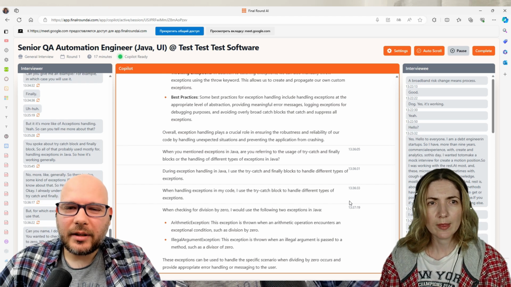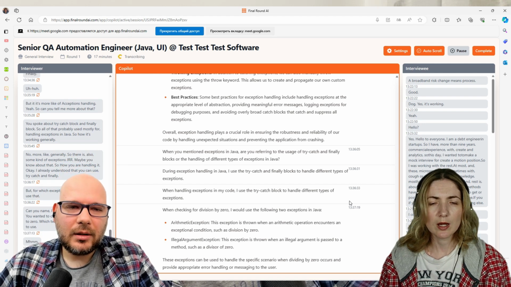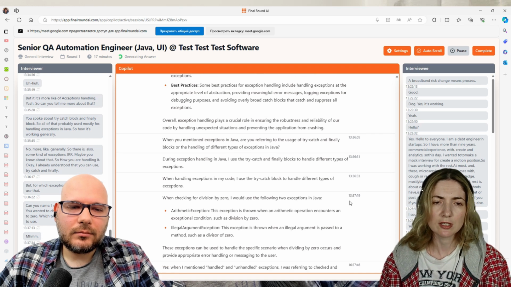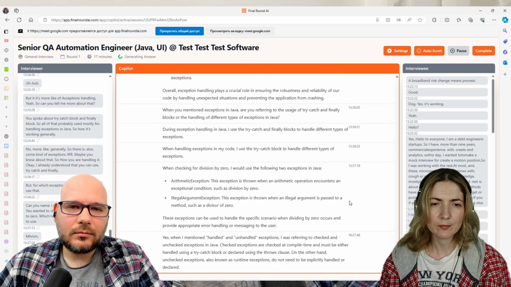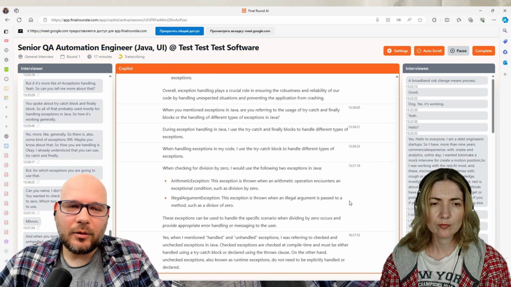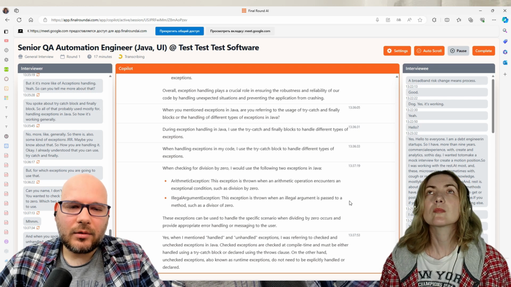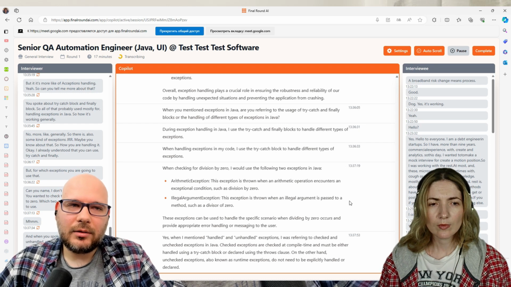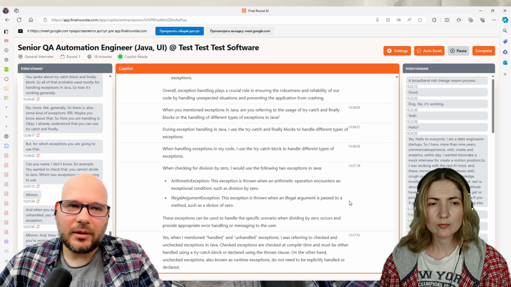When you spoke about handled and unhandled, you mean checked and unchecked exceptions? Yes, I mean checked and unchecked exceptions. And how, for example, the IDEs that you're working on, maybe IntelliJ IDEA or Eclipse, for checked exceptions, sometimes it will help you. How can you use that in automation? So you're probably not using a try-catch block there.